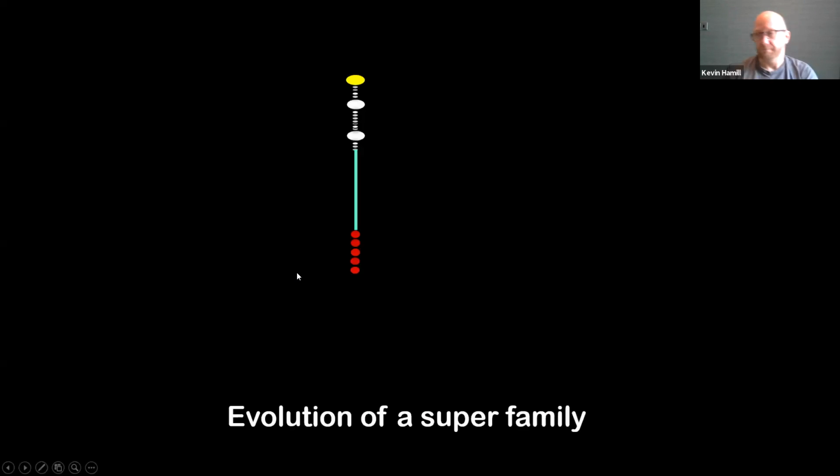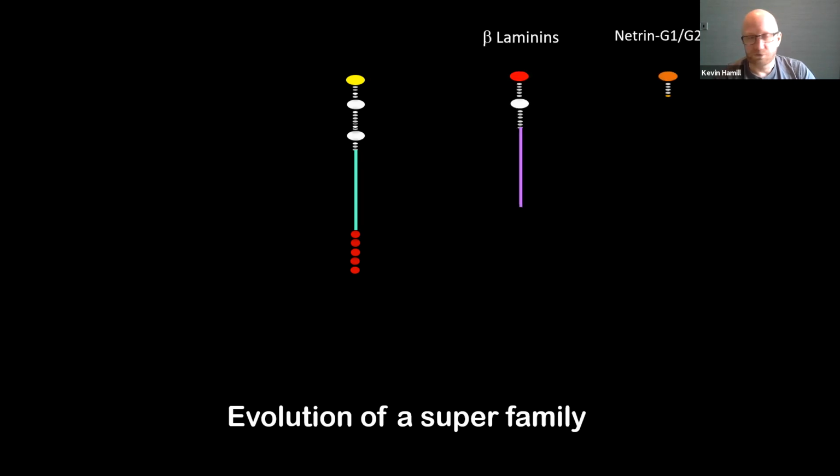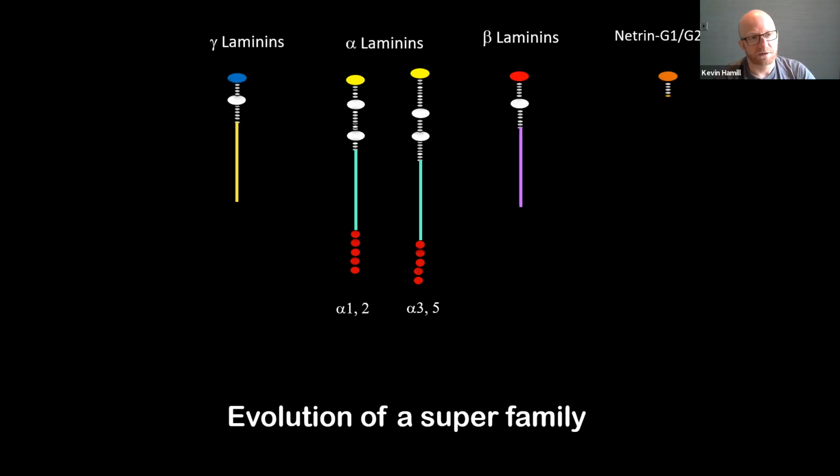All good so far. But I told you that there was a missing member of the family. And to tell you there's something missing, I have to tell you what was there. If we go back far enough, you get to the stage where you only have 1 laminin. Over the course of a long period of time, we get gene duplication events. And like most matrix proteins, laminins are modular. So we have the same structures. Through gene duplication, then domain reorganization, very quickly we ended up with multiple alpha chains, a gamma chain, a beta chain,